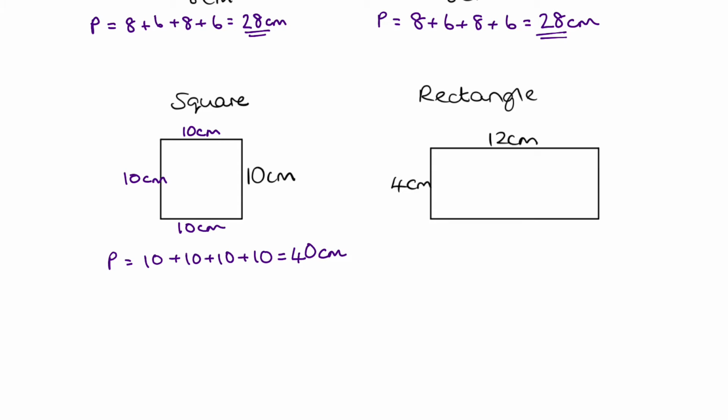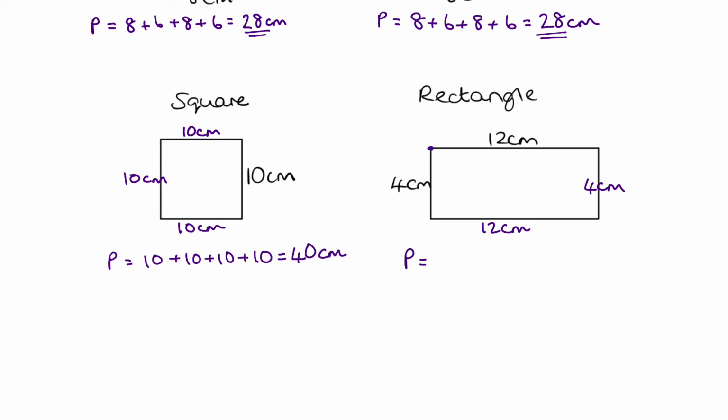And then we've got a rectangle, but hang on a minute again. We've only got 2 of these sides marked. How are we supposed to know what the perimeter is if we only know 2 of the sides? Well, we can see, can't we, that this side is the same length as that side because it's a rectangle, and that side's the same length as that side. So we can fill in that one's 4 centimetres, that one's 12 centimetres,